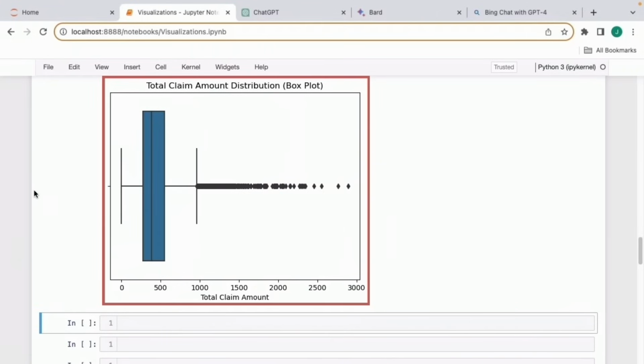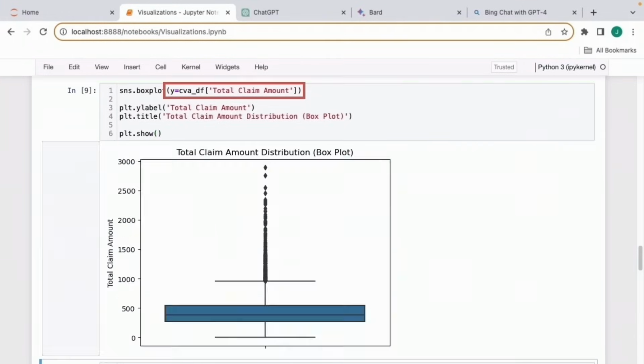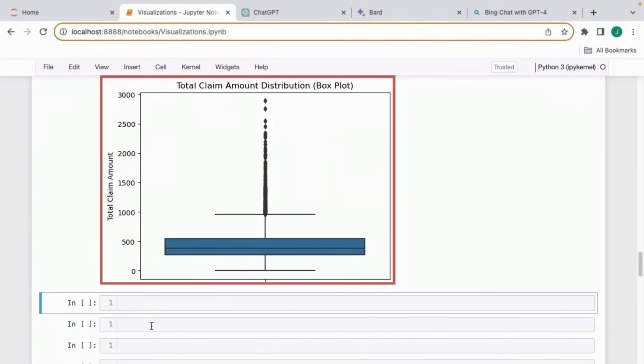Now, I don't know about you, but I find the horizontal box plot a little hard to understand. So what I'm going to do now is simply change the X to Y. And now because the total claim amount is being plotted along the Y-axis, this will give us a vertical box plot. I love using a box plot to visualize the distribution of my data because it gives me so many summary statistics